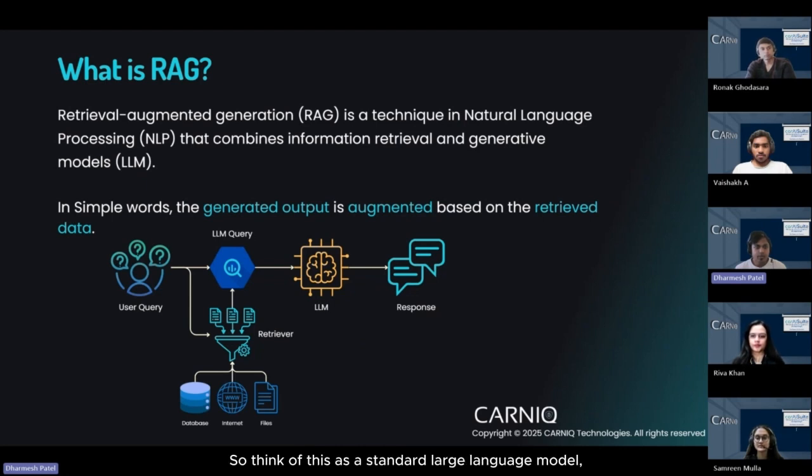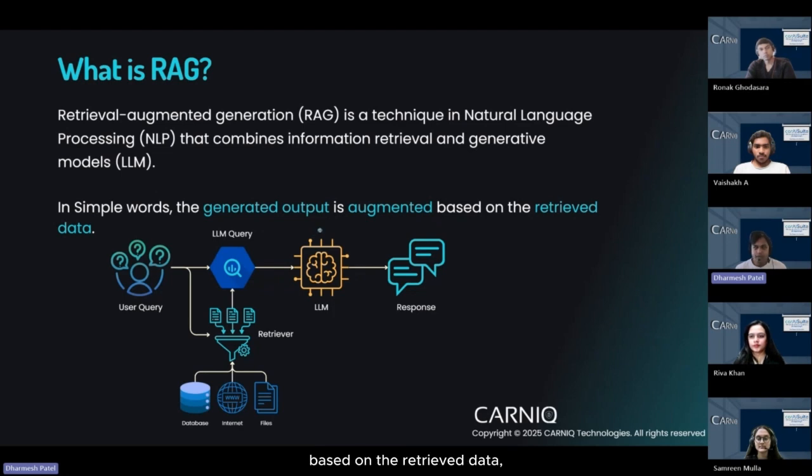Think of a standard large language model like ChatGPT as a brilliant student who has read a lot of books and doesn't have access to your private files or today's news, and RAG is the solution to that. In simple terms, the generated output is augmented based